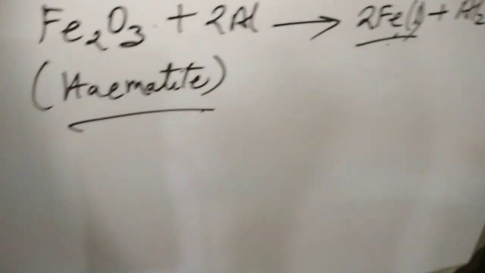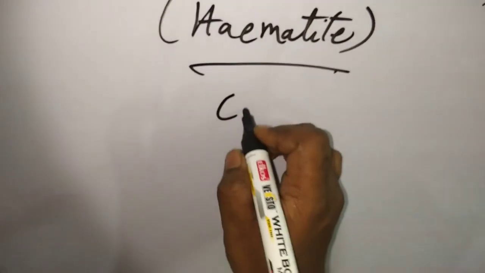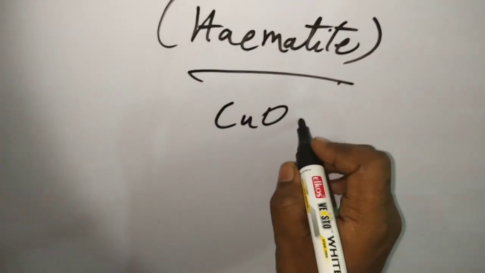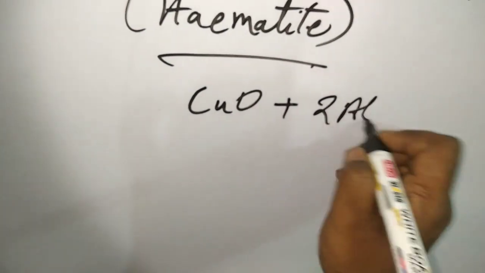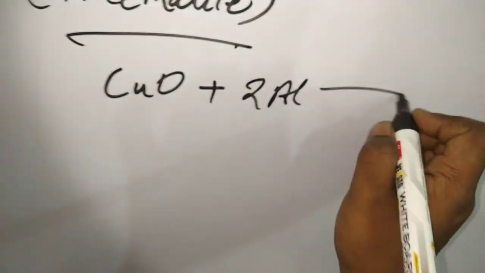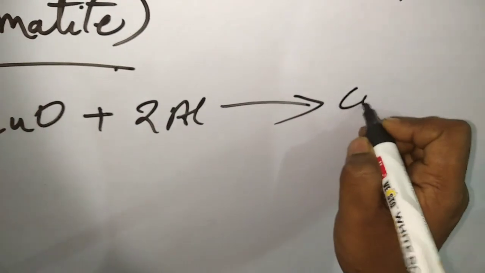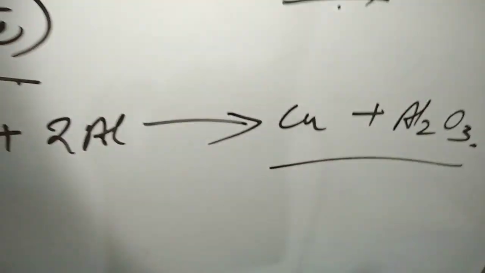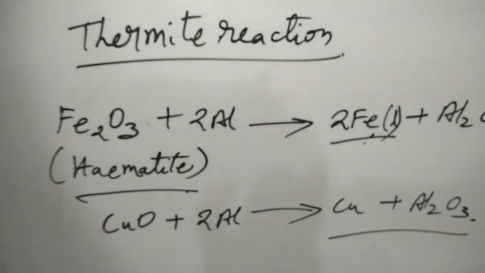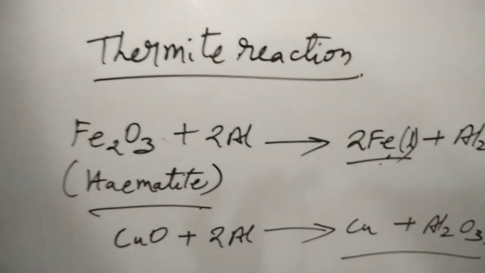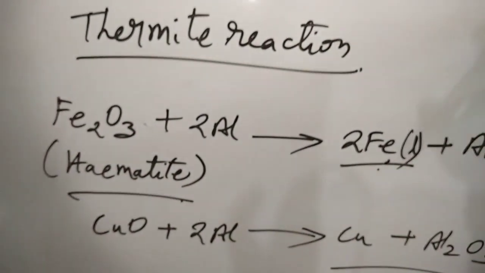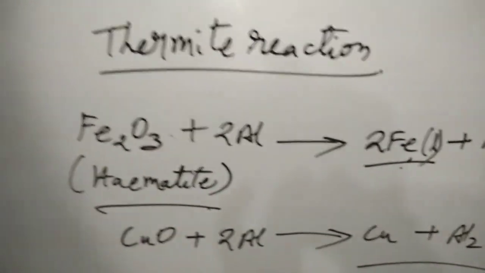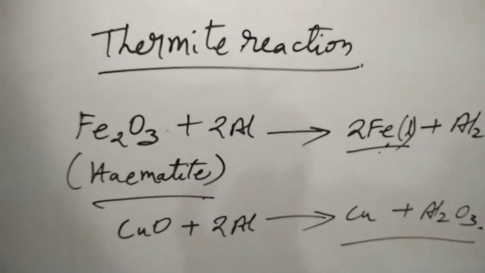Showing you another example, when copper oxide reacts with aluminium, it forms Cu and aluminium oxide. Understand how the displacement reaction is in our daily basis reaction? These are the real life application. Understand? Now another real life application I am going to show you, that is